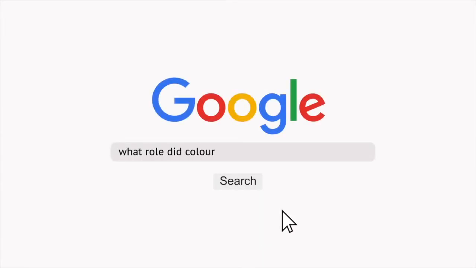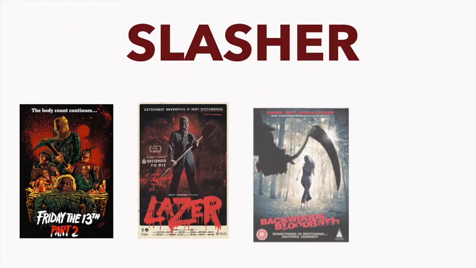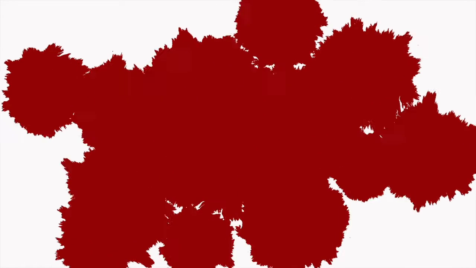What role did color have in La Femme Fatale? As seen in the film opening, the color red is often used to conform to the horror genre since it conveys danger and slaughter. This particularly conforms to the subgenre due to the illicit nature of blood, gore, and murder present in this genre. From my Conjuring research analysis, I concluded that red was often used to inject a sense of heavy danger to the audience.